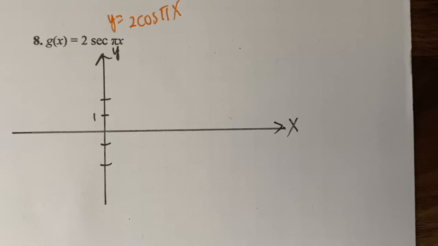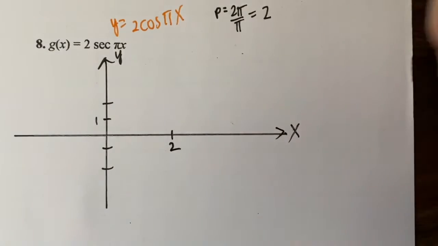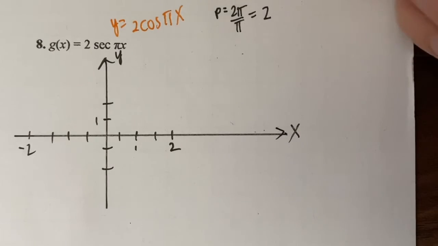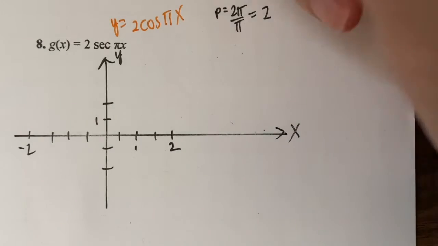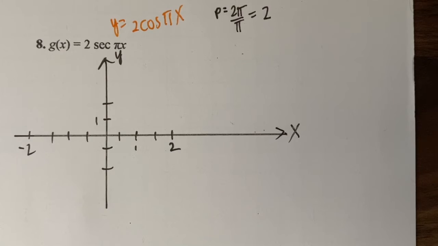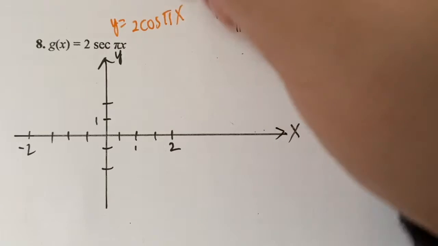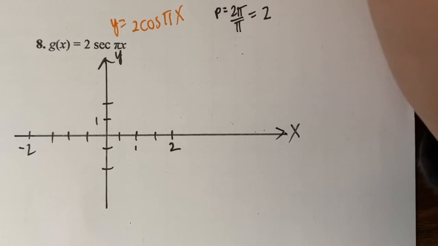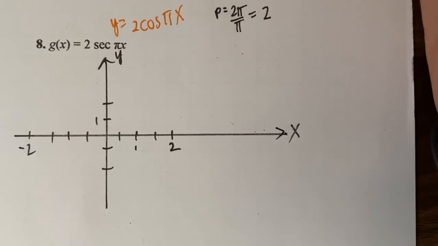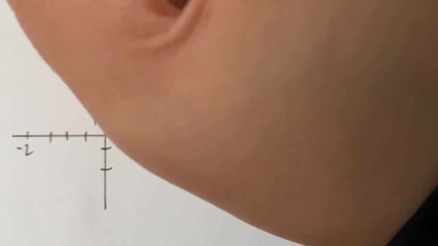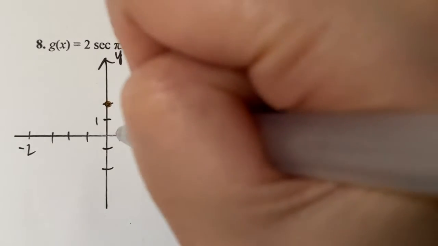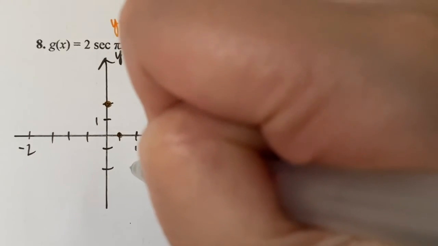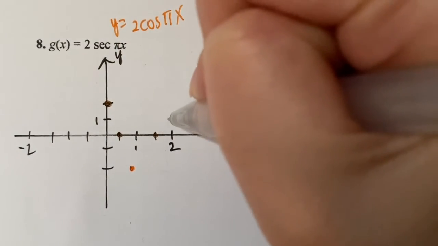We want to start off by finding the period. We have a period of 2. Place 2 on your graph and divide into fourths. And then we're going to graph 2 cosine pi of x. Cosine has a y-intercept at the maximum, which is 2. Goes down to the midline, down to the minimum, back up to the midline,